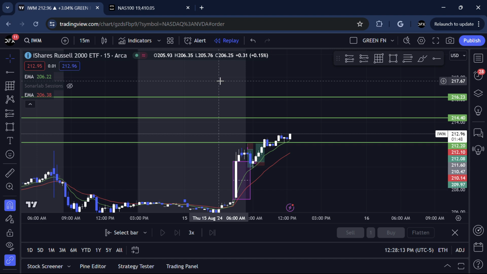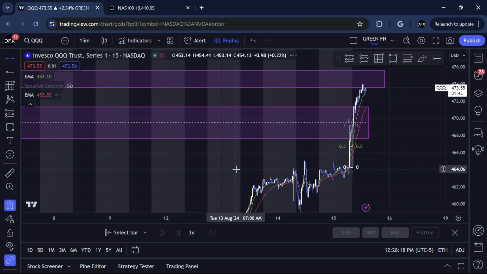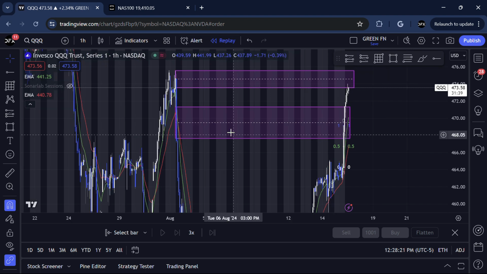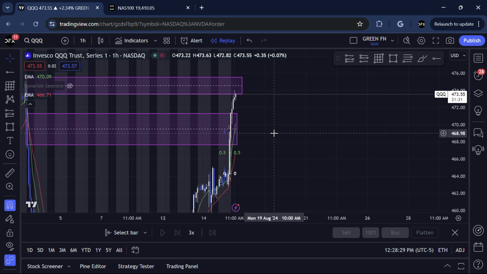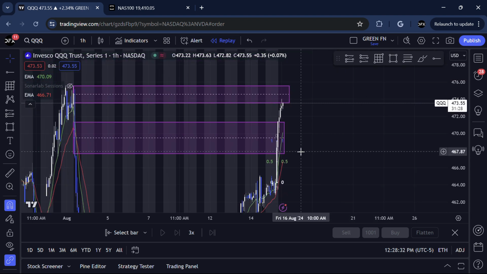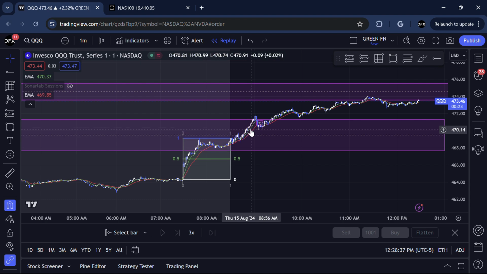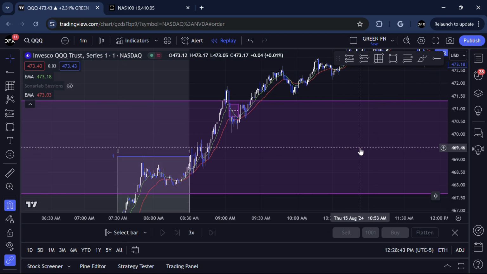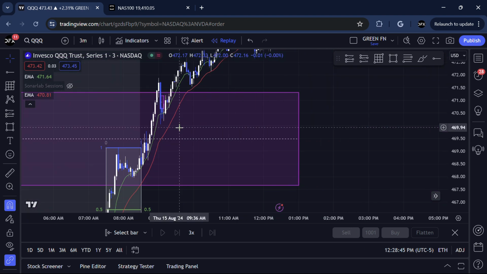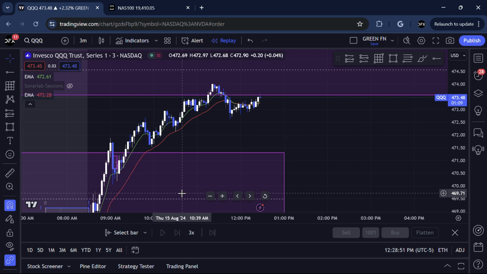I was looking at taking shorts on QQQ, the reason being we have a bunch of imbalances that we wanted to fill. If we go on the 1 hour time frame, we see this huge imbalance right here. We respected it, however we completely inversed it, so that became an inverse fair value gap, and it just kept on going higher. So my plan was to see price come into that 50% mark and try to find a confluence that would take me to the downside. Unfortunately, there wasn't really anything, so I stayed out of this one, which is good, because obviously my bias was completely wrong on this.